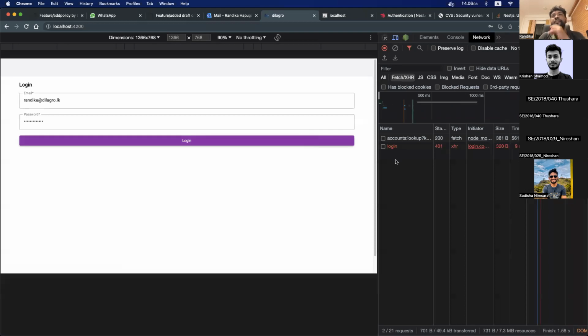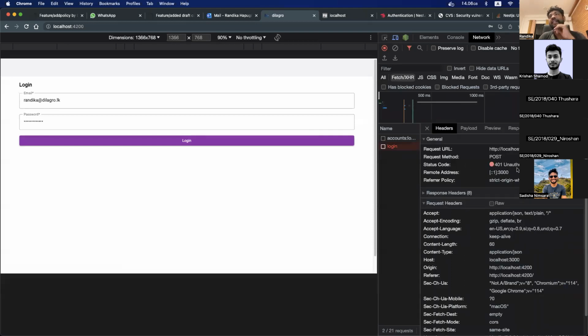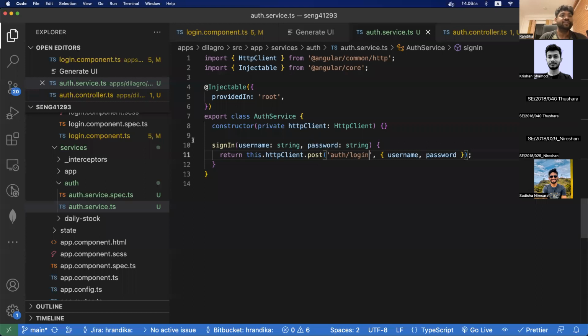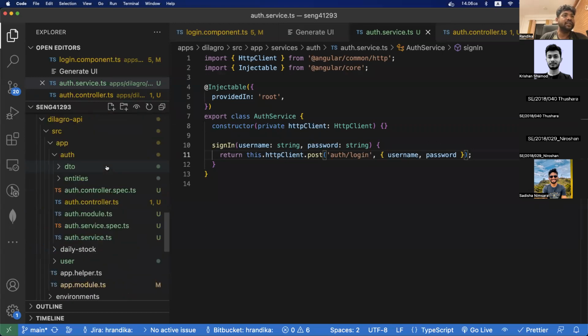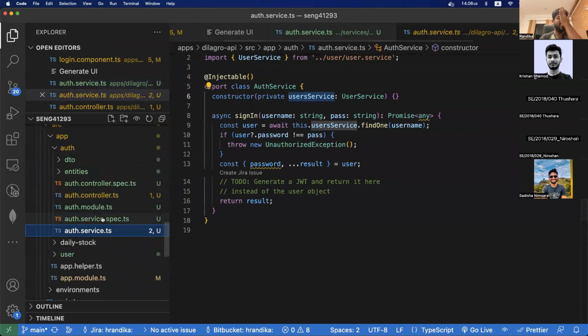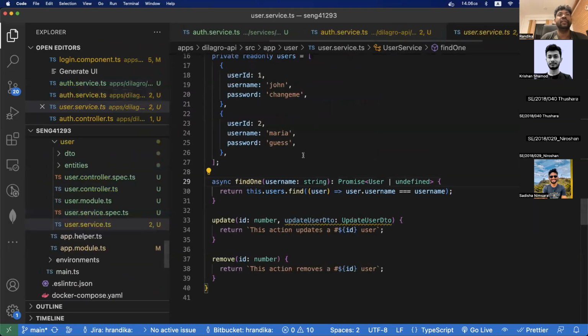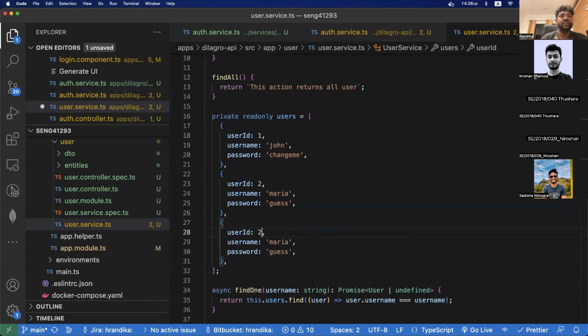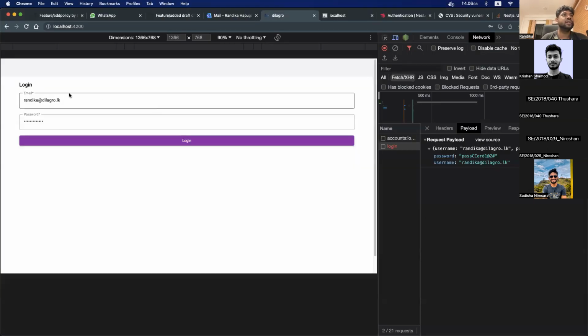Okay, let's try it again. And you can see that I am unauthorized to do that. Why is that? It is sending unauthorized because I am sending a username and a password which we do not have in our backend. It is hard-coded values. You can see, if I go to the user service find one, these are not the values that we are looking for. So we will just create a dummy user out of these